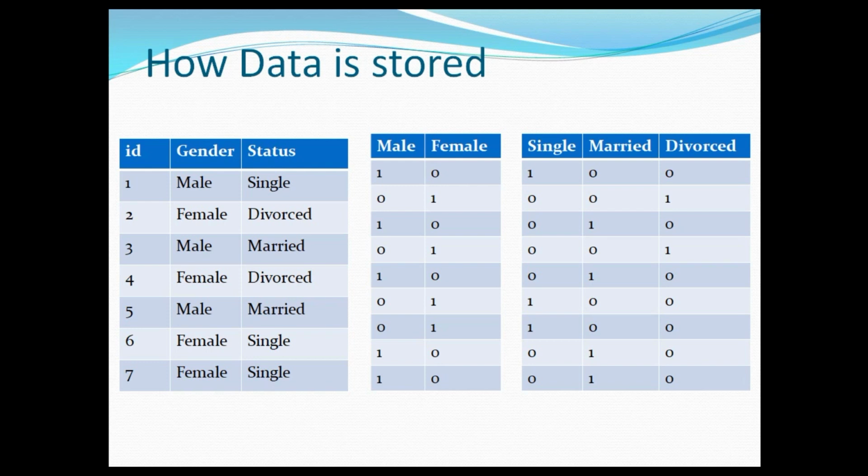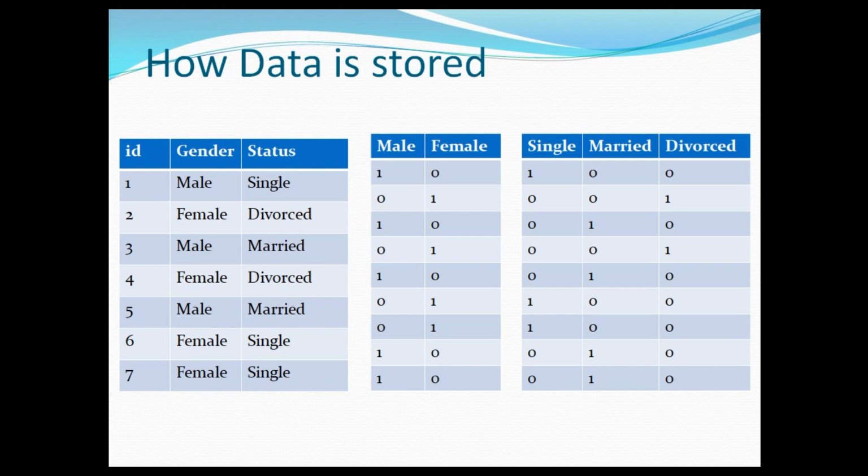So I have these 5 values in front of where I have 1 byte, and then it will try to anticipate that out of these 5 males which are single, only the first value is where I have 1 bit in front of male and single. So instead of traversing the entire table and doing a full table scan, it will quickly retrieve this data and send it back to me. Let's understand this with another example.